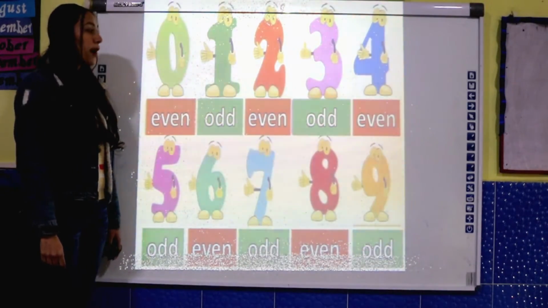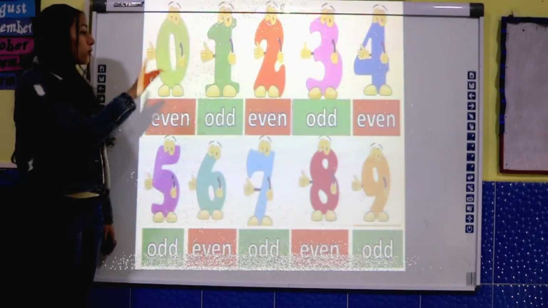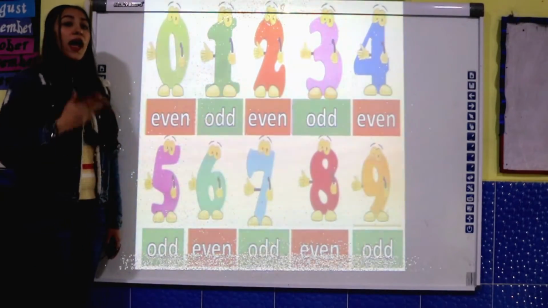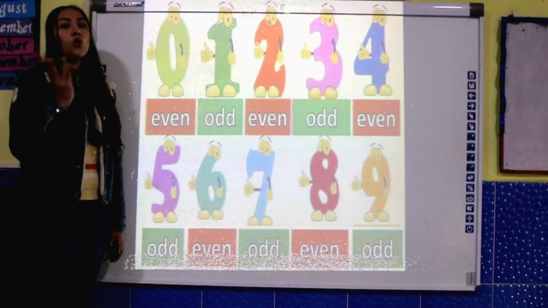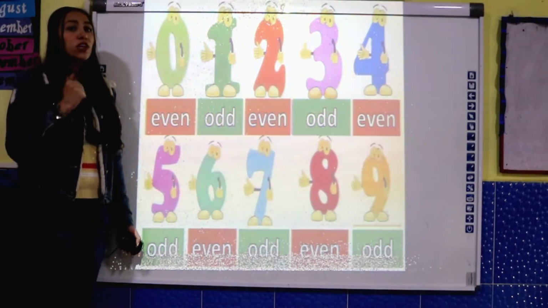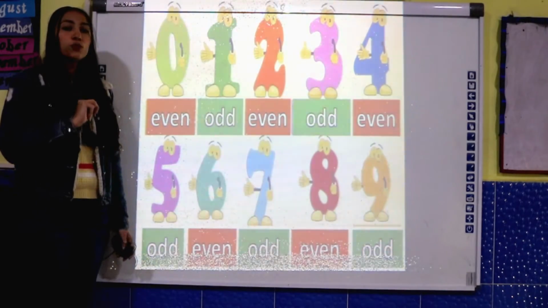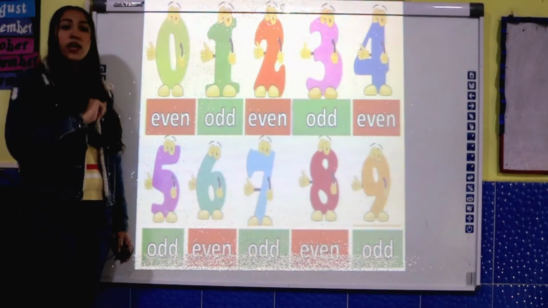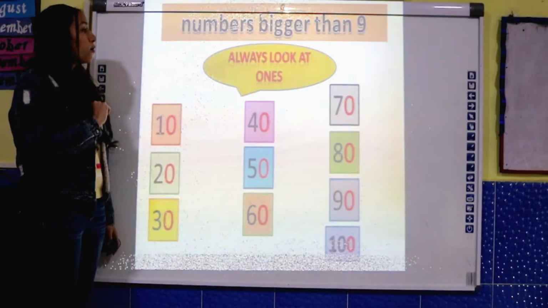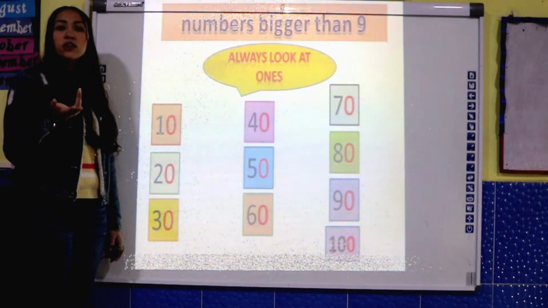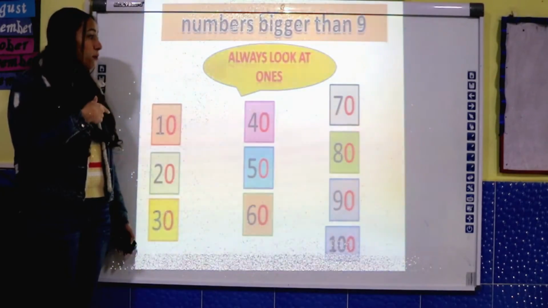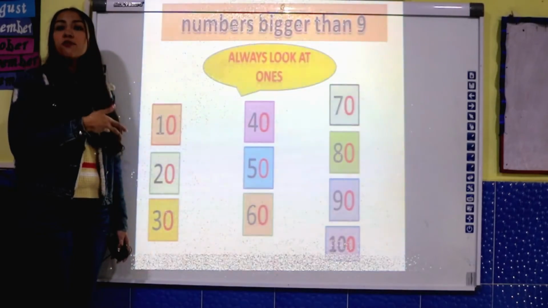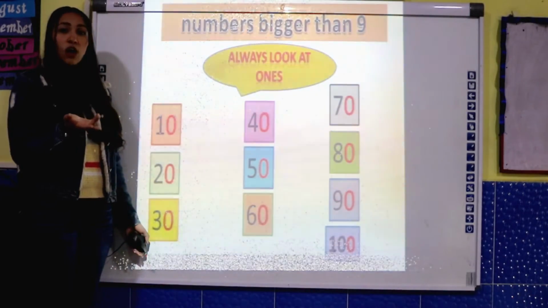So this is what we have about one-digit numbers. All of these numbers are one-digit numbers. How could I know if it's an odd number or an even number? As I told you, for an even number I can make groups of 2 with it. But for odd numbers I will find one friend alone without any friend. Now, what about the numbers more than 9? How could I know if this number is an odd number or an even number? It's more than 9. It's 2-digit